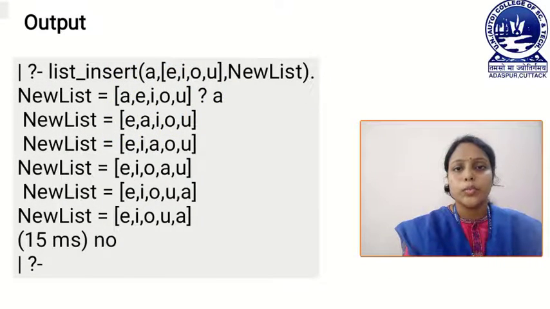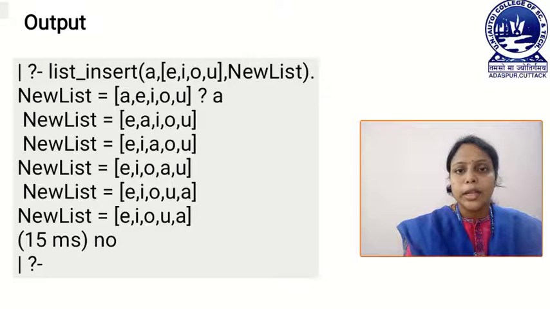Now look into the output. Here our list insert predicate takes the element A and wants to insert this element A in our list, which contains the elements E, I, O, U. Then after inserting this element A, it produces a new list.